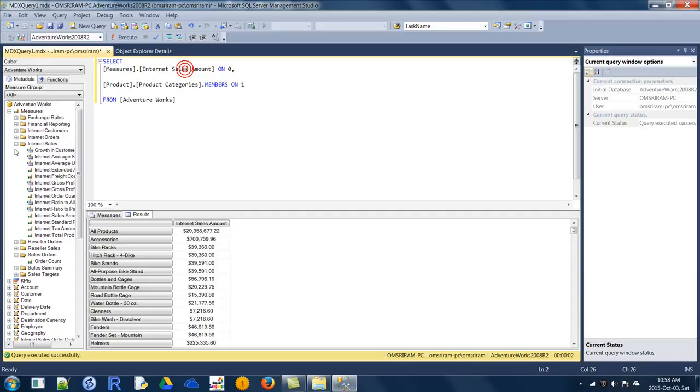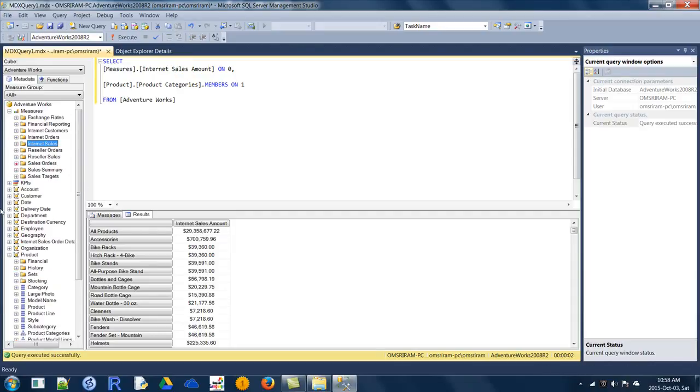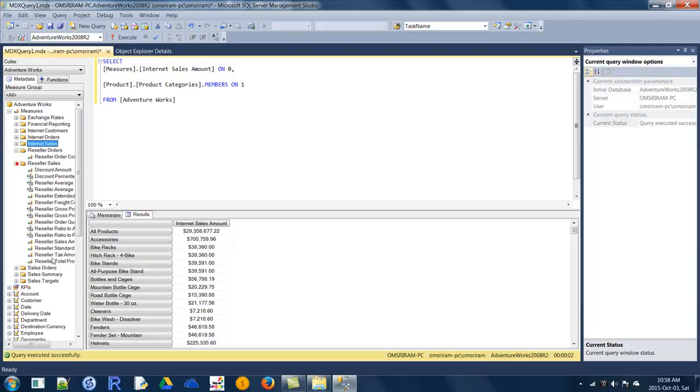Now again I want reseller sales amount, right? Let's go to reseller sales, and reseller sales amount, drag and drop. I want to display reseller sales amount with comma separated. Now as I said, let's give the tuple. Will it work?